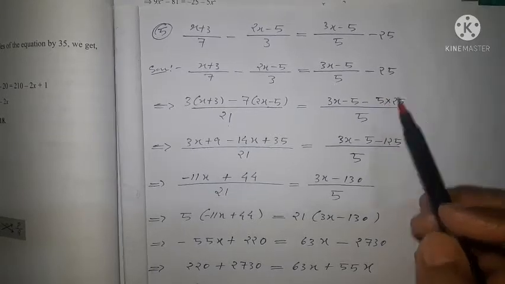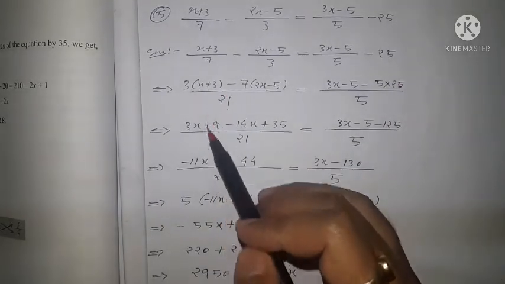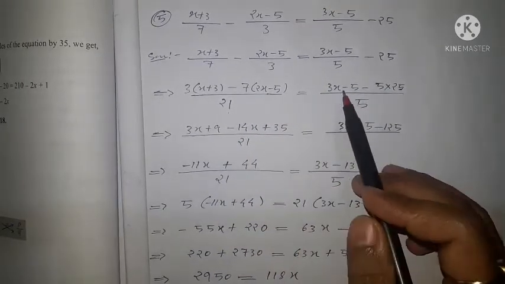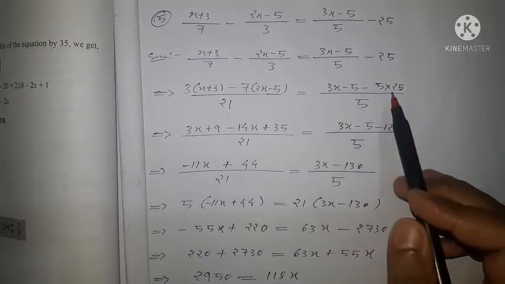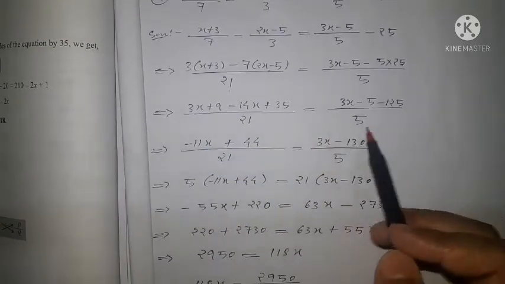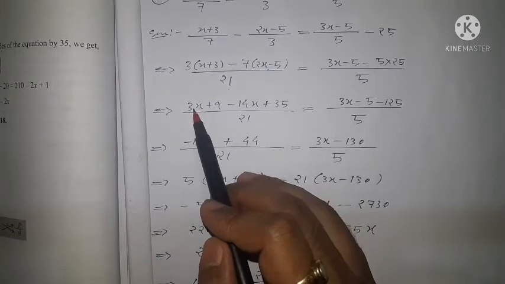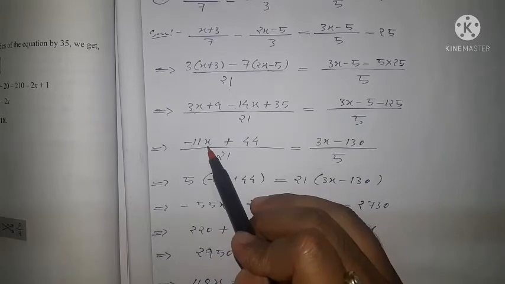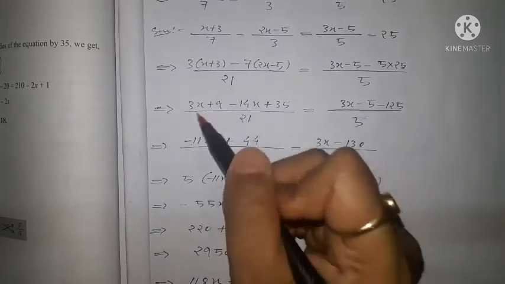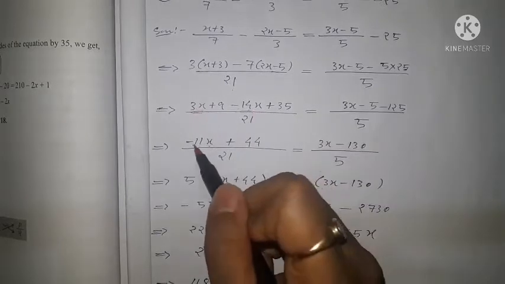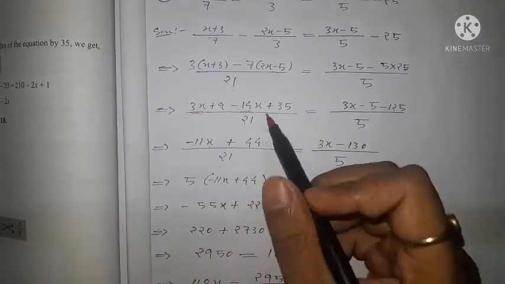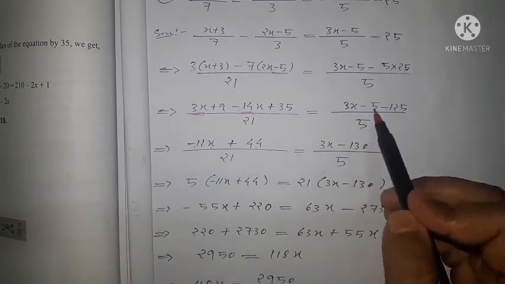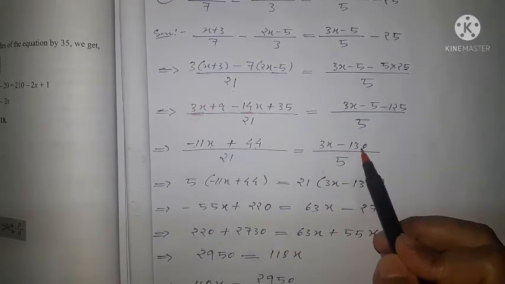So 5 into 25. Therefore, if we take out the bracket, it is thrice x plus 9 minus 14x plus 35. And here it is thrice x minus 5 minus 5 into 25, 125, whole divided by 5. So it is thrice x minus 14x, that is 3 minus 14, it is minus 11x. Therefore minus 11x plus 9 plus 35, it is 44. And here we can write thrice x minus 5 minus 125 is minus 130, whole divided